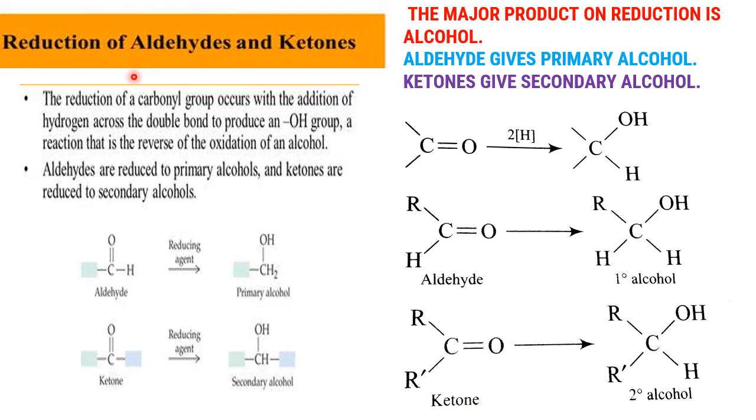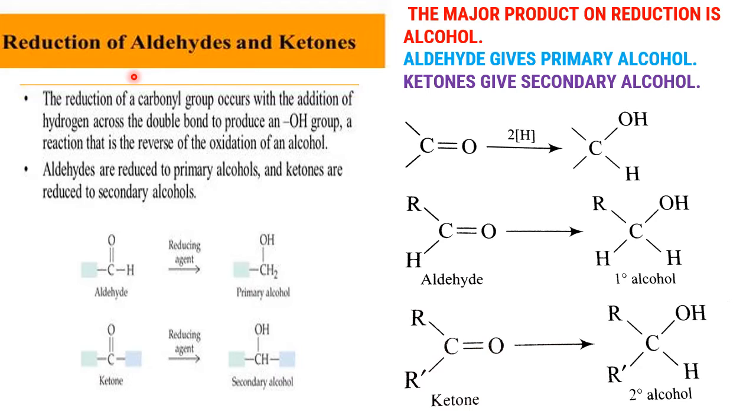Okay, so we already discussed that because of the C double bond O, which is a highly reactive carbonyl group, they show a variety of chemical properties. So this C double bond O group can be easily reduced using reducing agents. So lithium reducing agents or sodium reducing agents or the normal reducing agents. So using a variety of reducing agents which supply hydrogen to the reaction conditions.